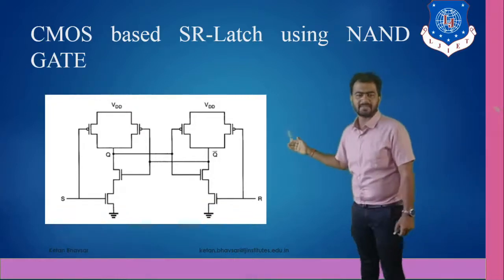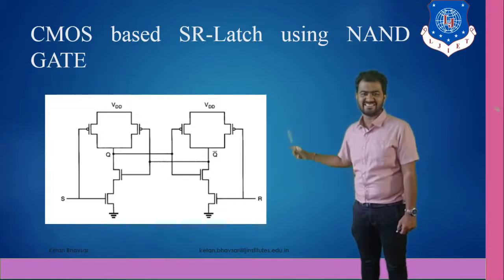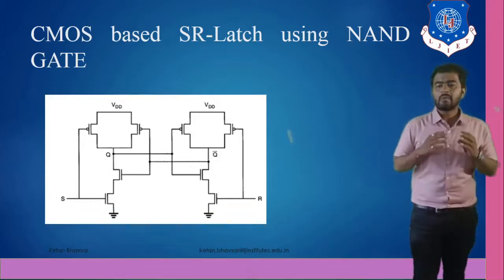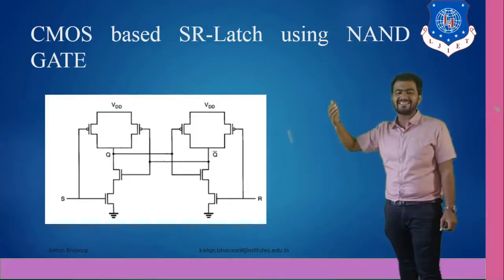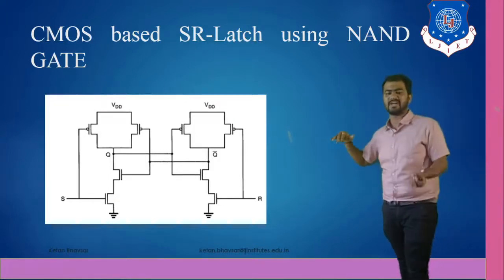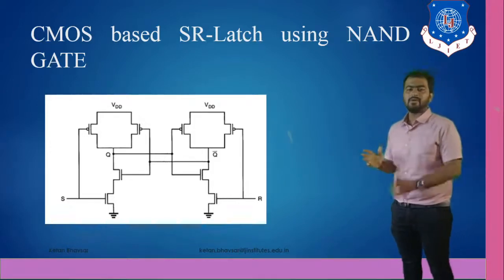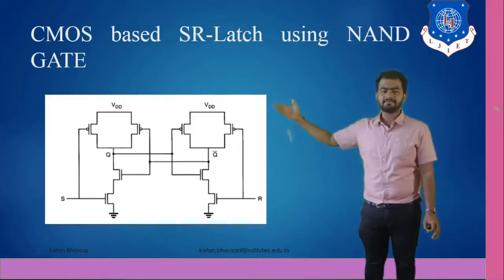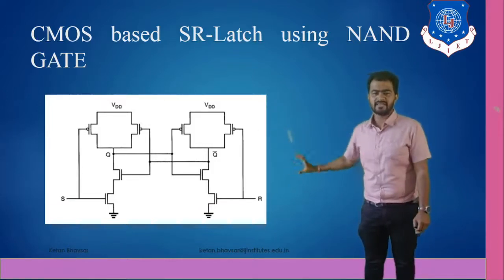As you can see in this particular diagram, in terms of a NAND gate, the PMOS is connected in parallel and the NMOS is connected in series. In terms of the NOR gate based concept, it is the totally opposite operation. In a NOR gate, we have to take PMOS in series and NMOS in parallel. But right now the scenario is totally opposite, so we have to take PMOS in parallel and NMOS in series. VDD is connected, PMOS is connected in parallel, NMOS is connected in series.